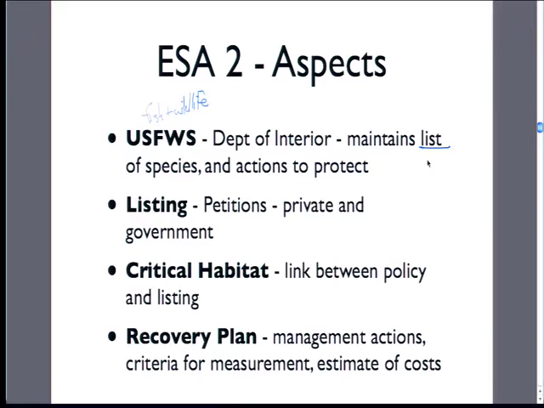A big thing that happens when an endangered species is listed or not listed, just putting it on